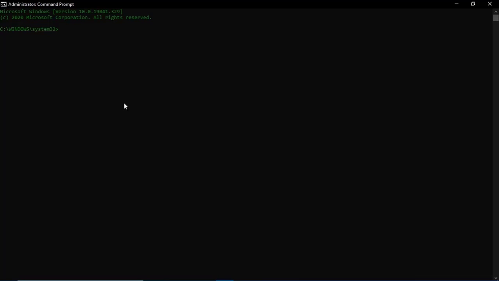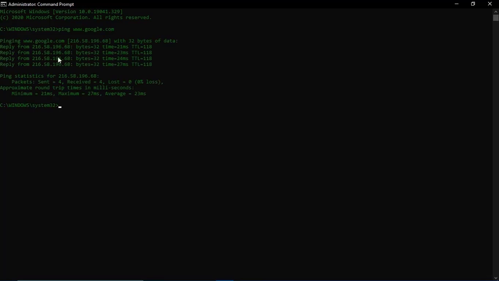This command is used as a simple way to verify that the computer can communicate over the network with another computer or network device. The command is ping space. You can give any website name to check. I will give www.google.com. Let's check whether it's getting a reply. Yeah, it's getting a reply. You can see here. Or else you can type like this also: ping, and you can give the IP address of that website also if you want to check whether the connection is there or not. See, you are getting the reply from that IP address.